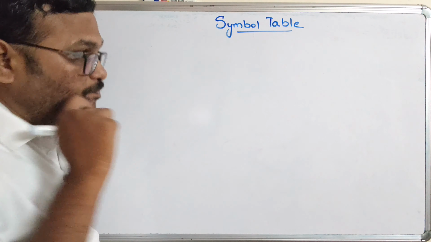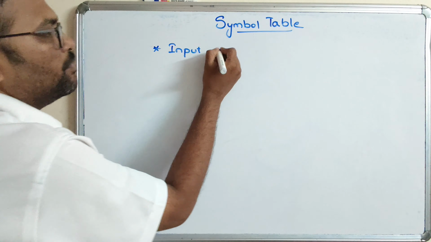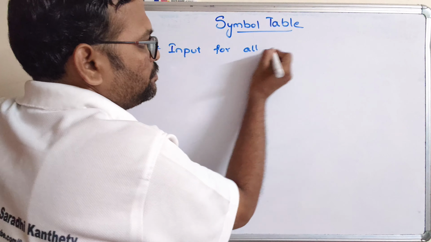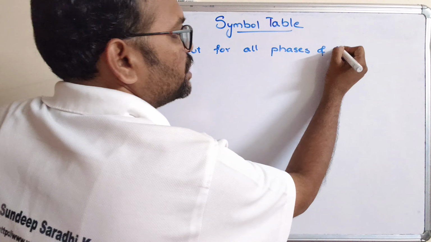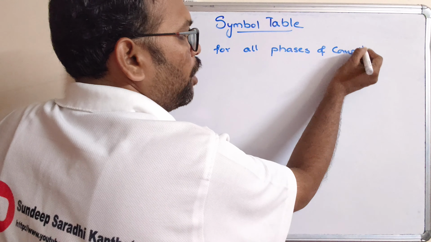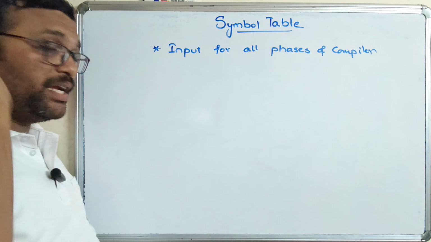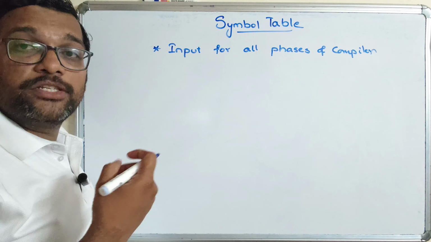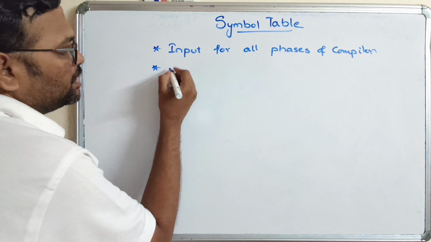Symbol table, as I said, is an input for all phases of a compiler. So 6 phases we have studied. For all phases the common input is a symbol table. Here the name itself indicates table. Table means it stores some information. So what kind of information? This symbol table,